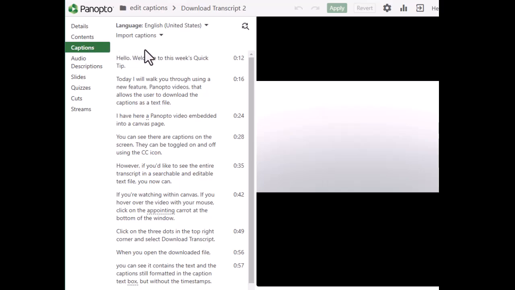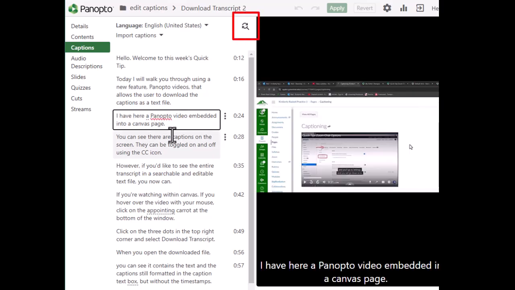And you can see that the captions are in better shape here in Panopto. We've got capitals, we've got punctuation. For the most part, every sentence starts on a new line. The caption blocks are still pretty long, which is not easily fixed in Panopto, so I'm not going to mess with that too much. But we're going to scroll through and look for things like Canvas that should be capitalized.